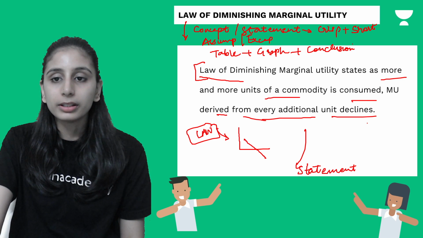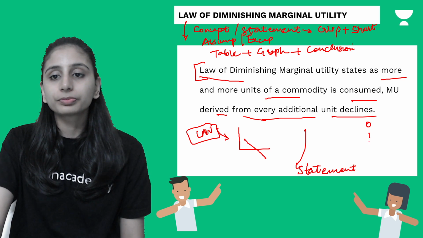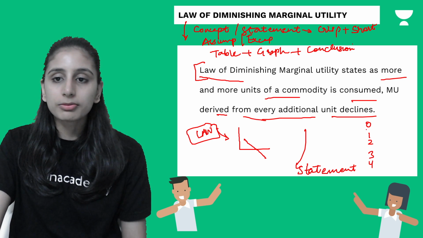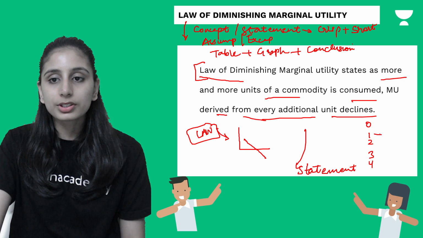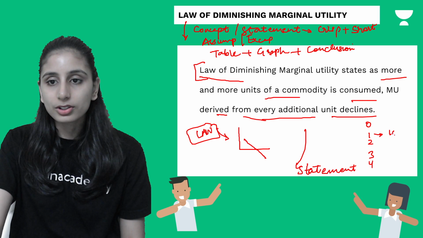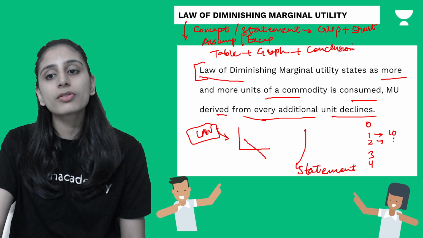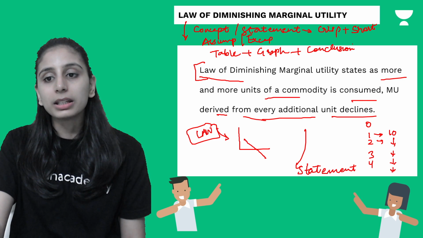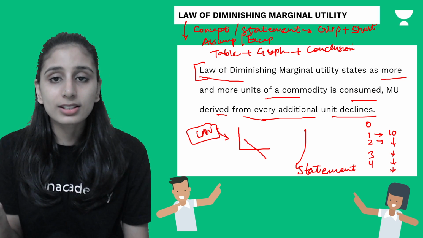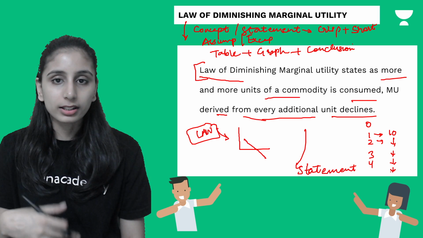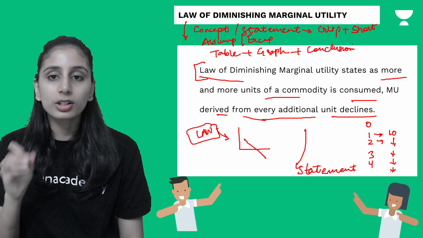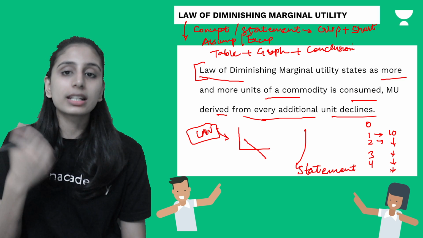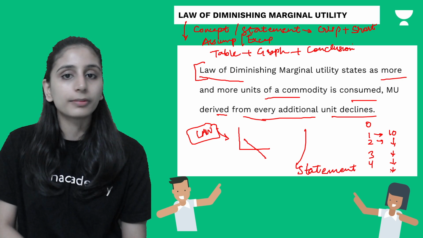For example, I am consuming a glass of milk. ठीक है, after consuming the first glass, I got a satisfaction of 10. Then my satisfaction from the next glass will keep on decreasing. What does that mean? कि सिंपल ह्यूमन नेचर है, अगर आप एक ही चीज को बार बार खाते रहोगे तो एक पॉइंट आ जाएगा, यू वोंट वांट टू ईट इट एनी मोर। ठीक है, उससे सेटिस्फैक्शन हमारी डिक्रीज होती जाएगी।